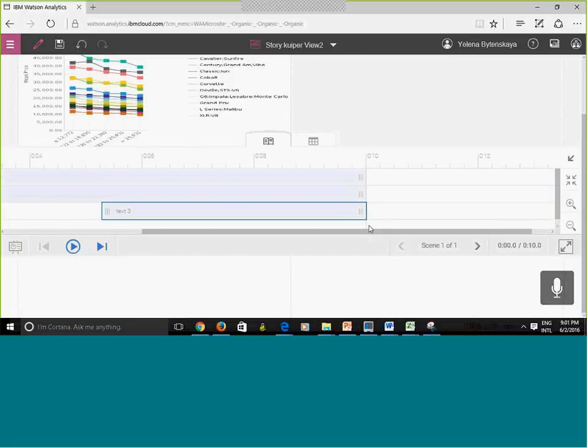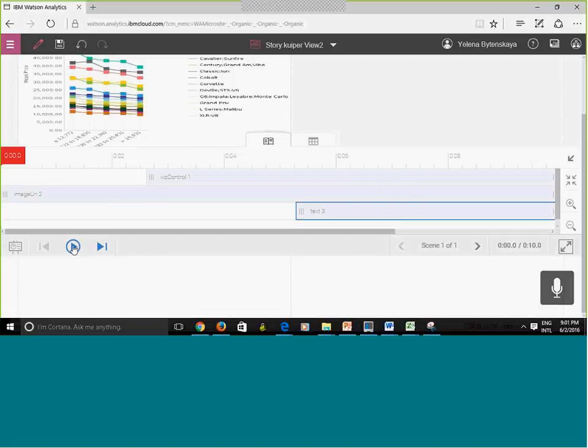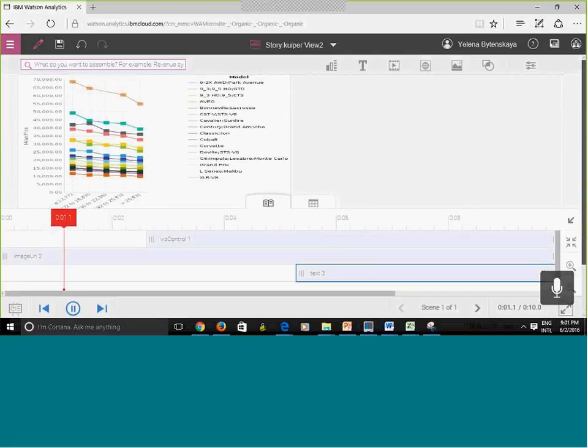Now keep in mind that you want this to line up. If this does not line up, you're going to have some elements not visible at the end of the presentation. So here we go. Let me try what happens. Play. Oh, I would have to scroll up. I see what's wrong. I need to minimize this.